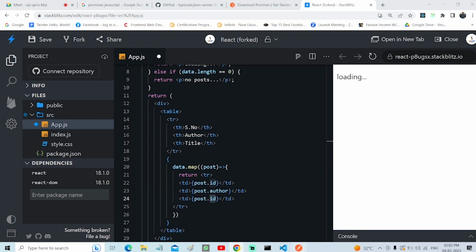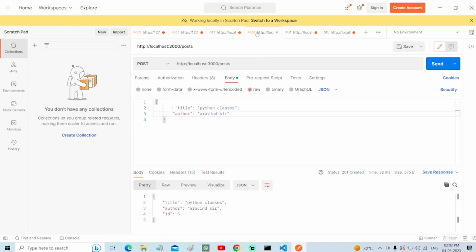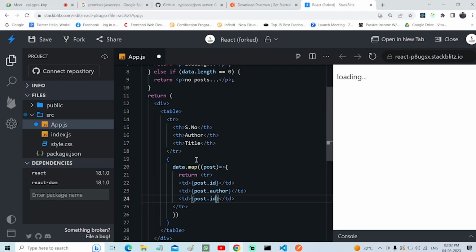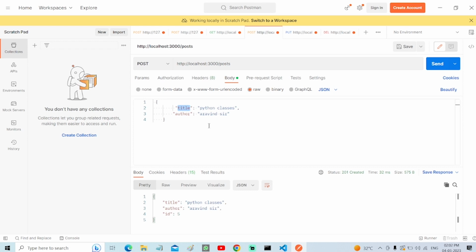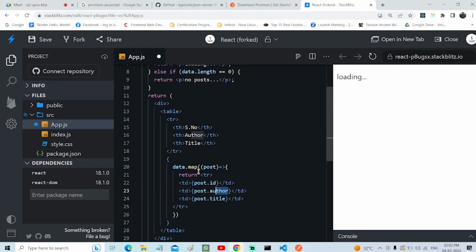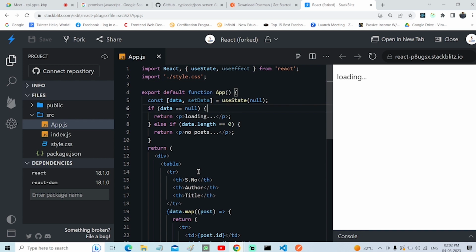So if you don't know these property names properly, then go here, copy this title, and just give it here. So you don't make spelling mistakes, otherwise you'll never get the data properly, right? So yeah, I copied everything. Now my job,